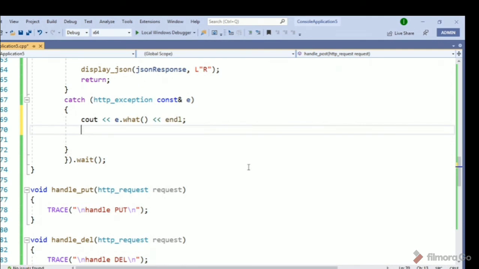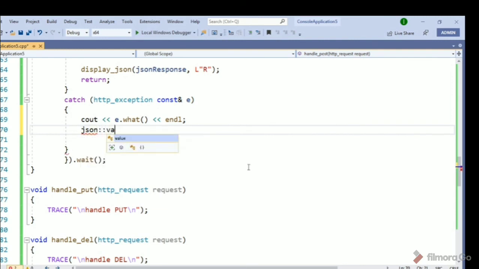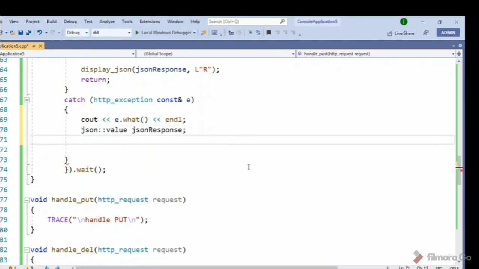Also we should reply back to our server that we have received some error. So we have to create a key value pair here as well and send it back to our client.